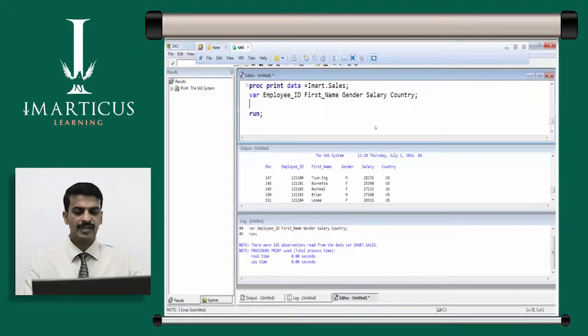So we can create a variable here. We can create a label for the variable here. We can say label. So write this label keyword, and then you write the name of the variable. So first label we want for gender variable. So we say label gender is equal to